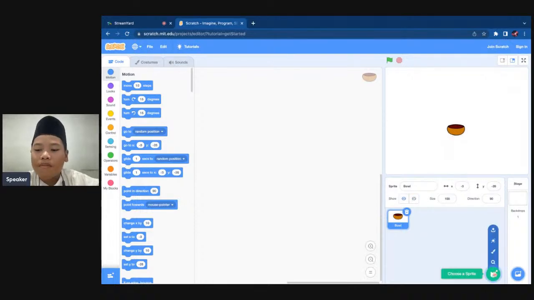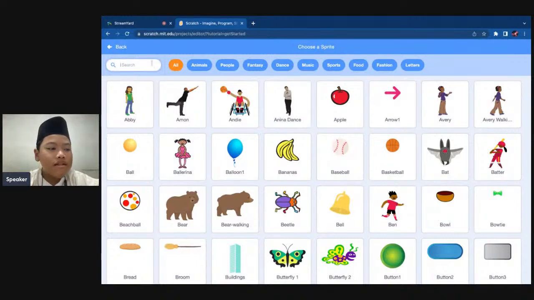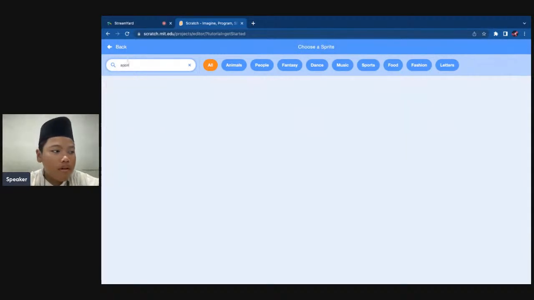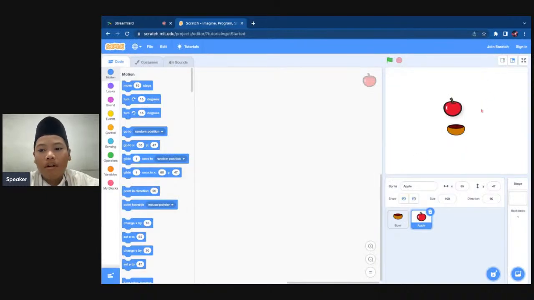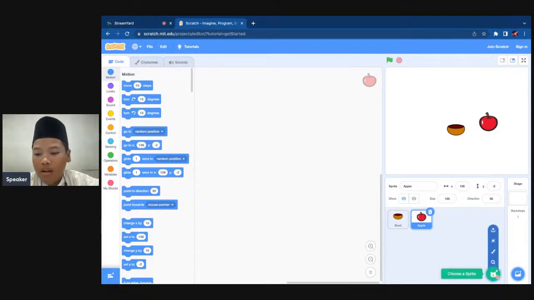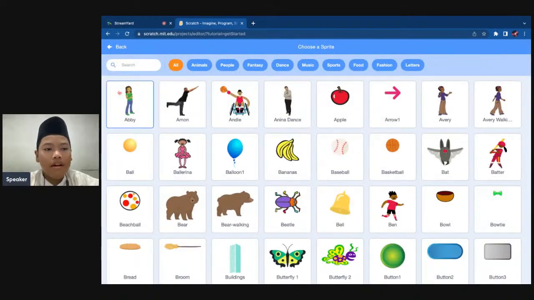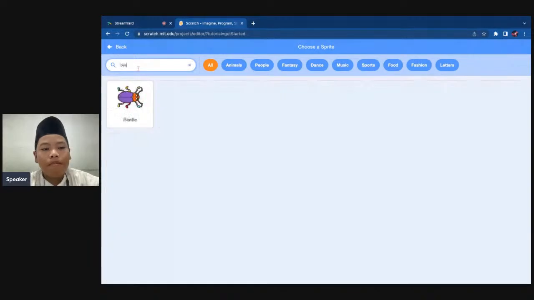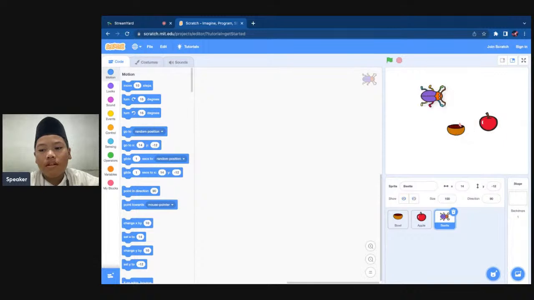And then press choose a sprite again and then search apple. Click on the apple and it will be on the screen. Choose a sprite again and for the final sprite, search beetle. Click the beetle and it will be here.